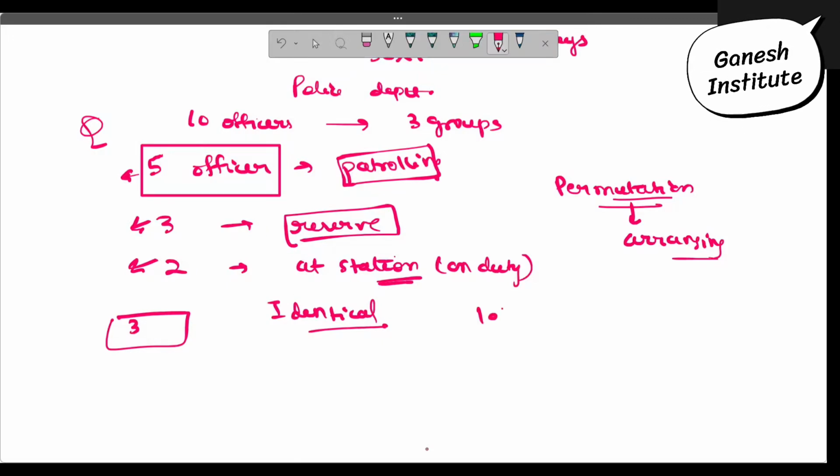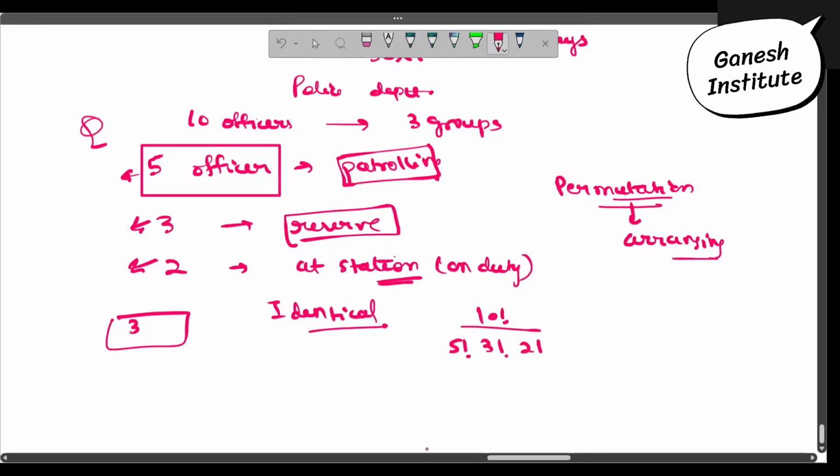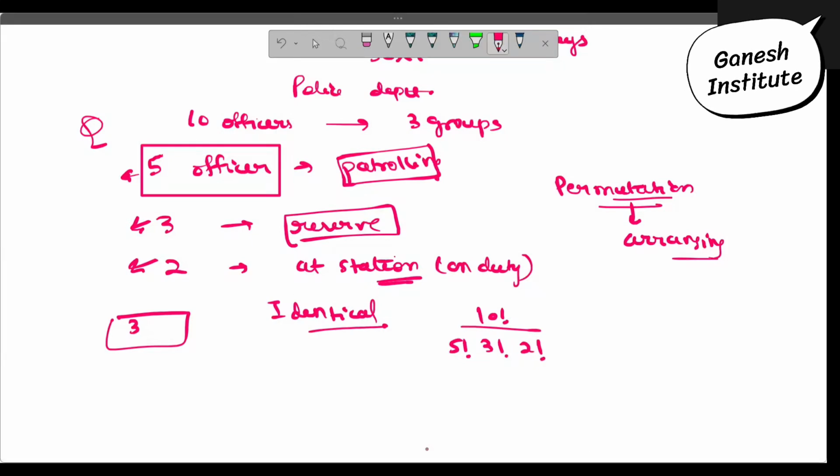5 factorial will cancel out. 16 into 7. 2520. Right. Now you have 10 children